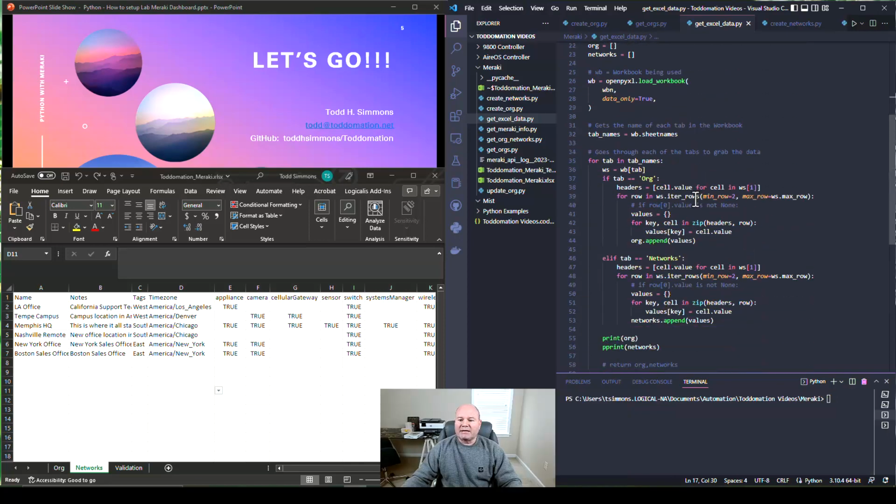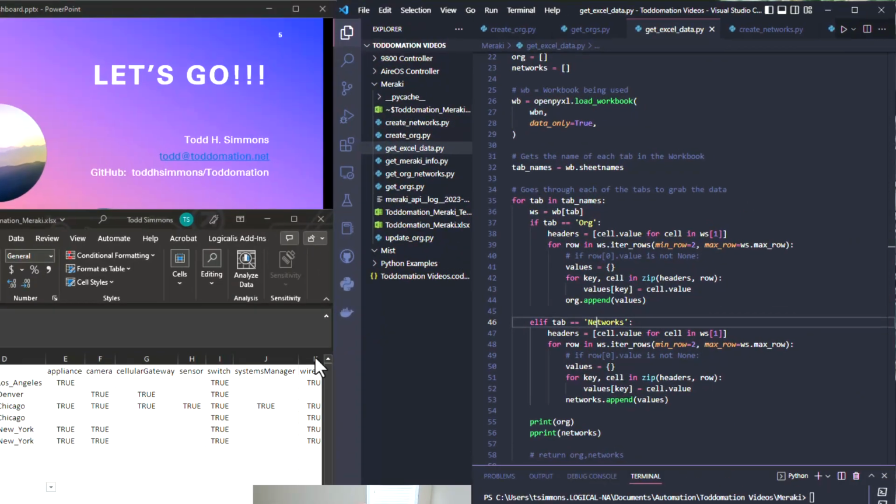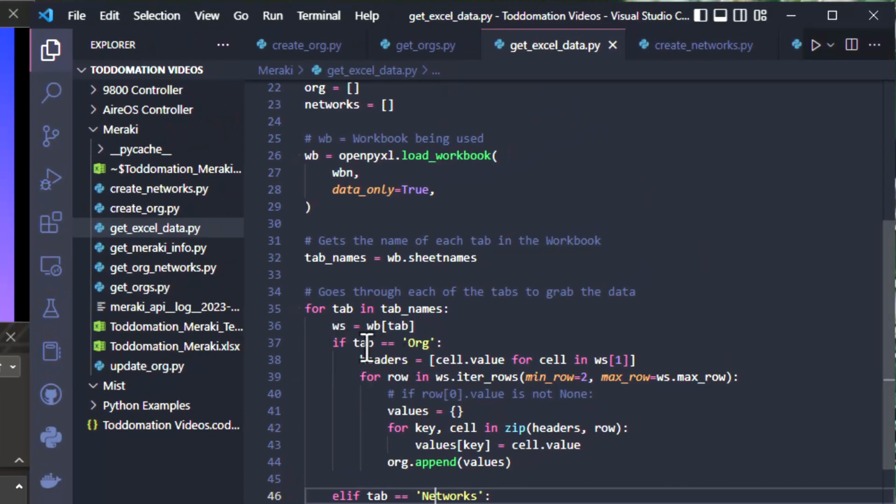So let's go back down. We're only pulling information from org, and we're only pulling information from networks. We're not pulling anything from validation. Validation is just for the Excel spreadsheet. Okay, so as we look at this, when I go to the tab that says org, it's just a standard